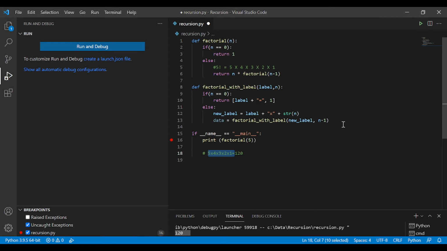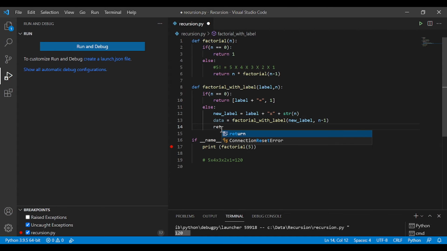So what we have to do is take care of the 120 bit as well, which means it has to calculate what happens whenever the factorial function returns. So what we need to do, just for understanding, is create a new variable called return value, and this return value has to be